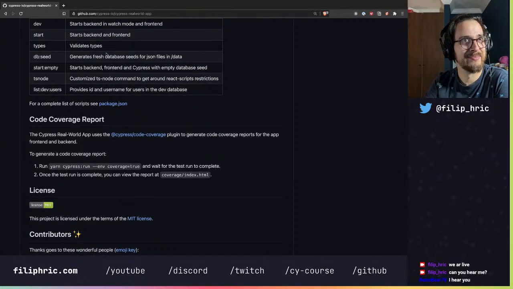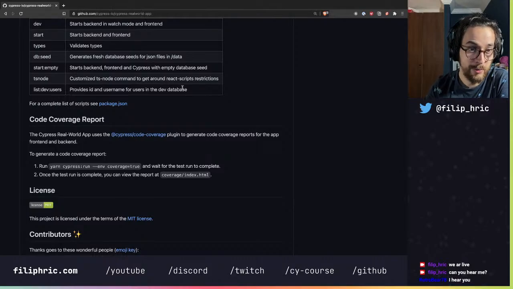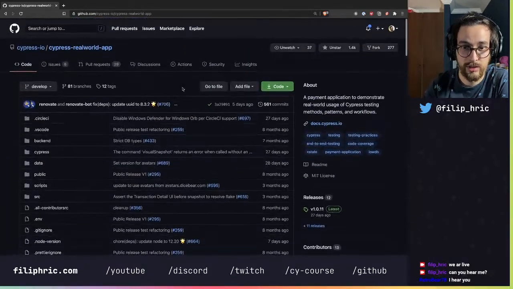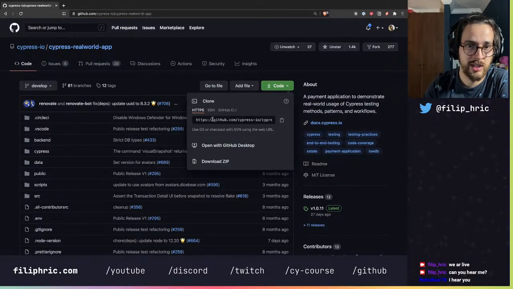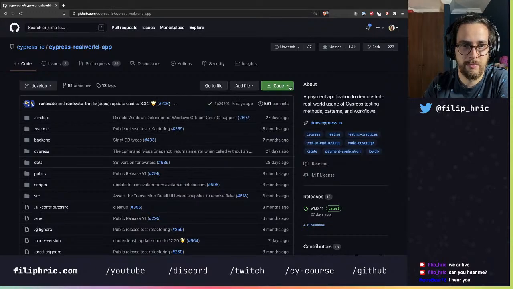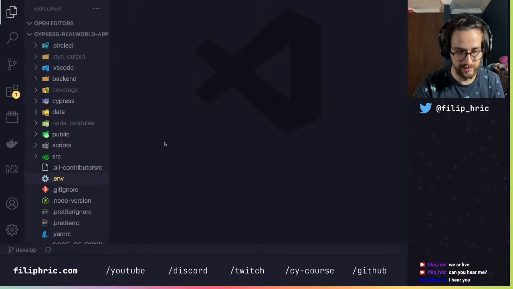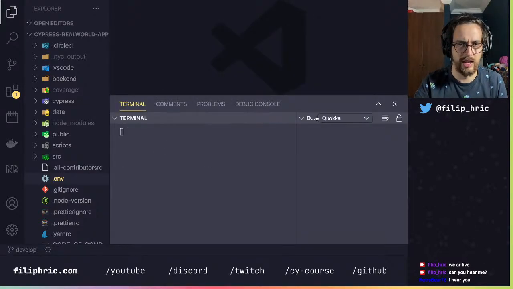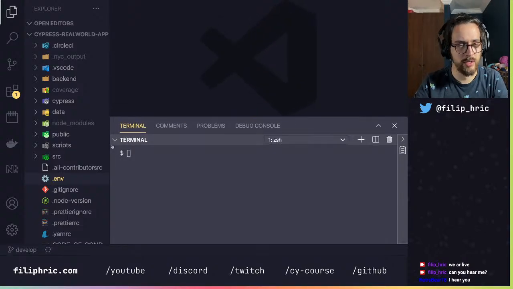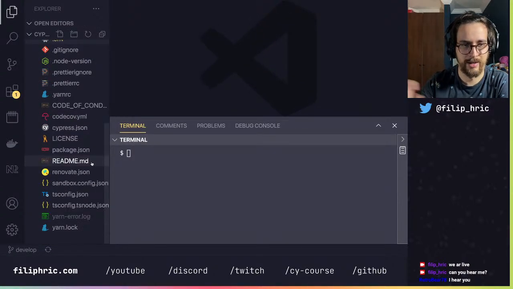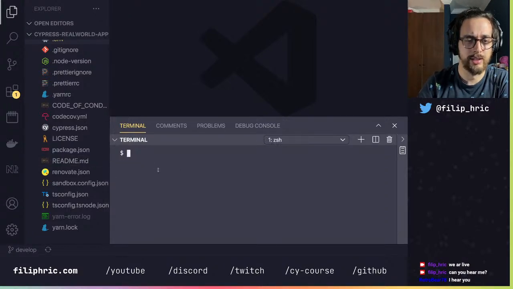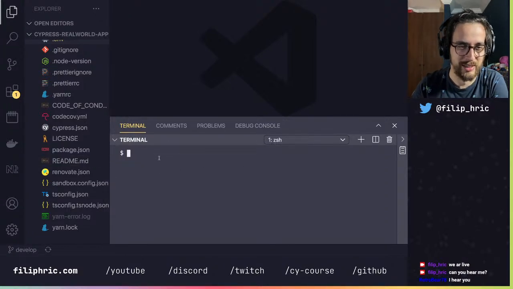So let's try to open the app. You can actually open it yourself. You can just use GitHub to clone it and run npm install. Oh, sorry, not npm install, it's using yarn. Although I think npm install would work, I think there is some kind of compatibility between npm and yarn, but it's using yarn, so you should probably use yarn too.